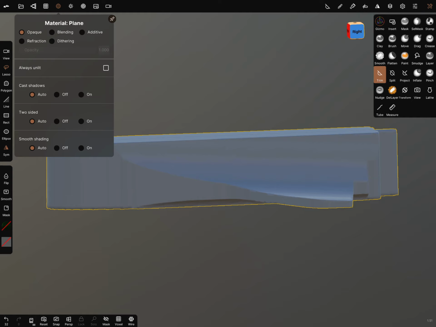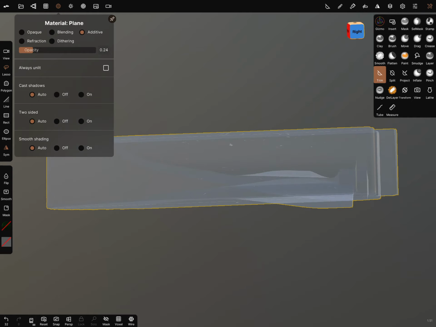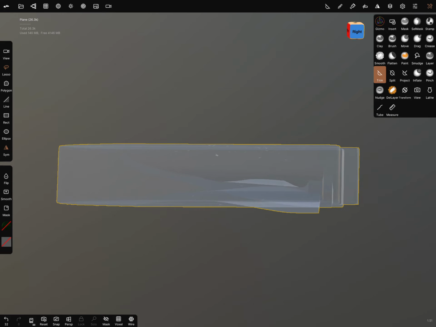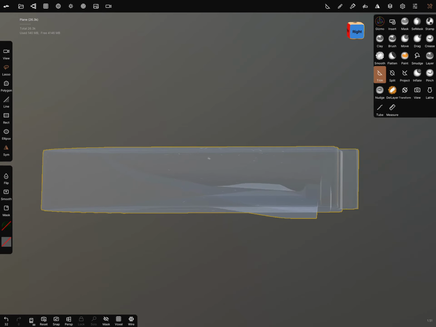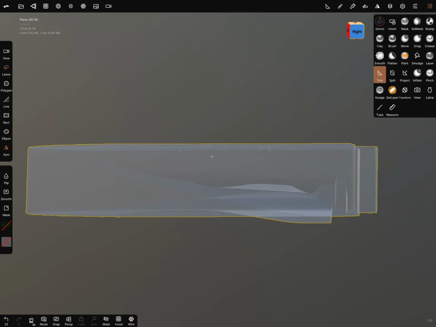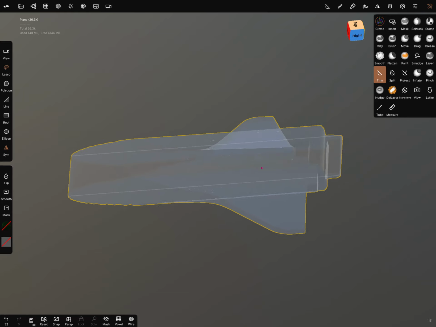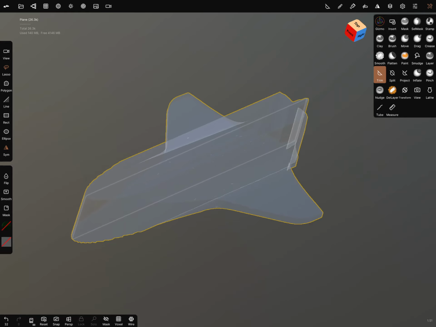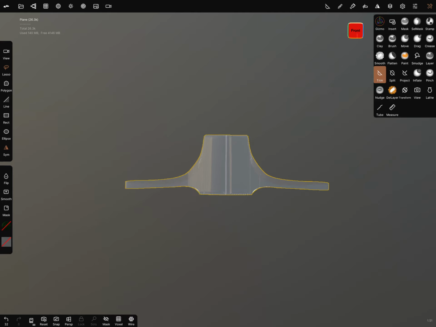You can make it additive and take the opacity down, and then you can look through your objects and use the trim with the reference of the other object. Okay, I hope you understand. This is sometimes useful when you don't see everything through the model you want to cut.